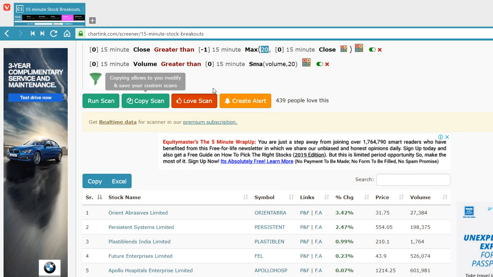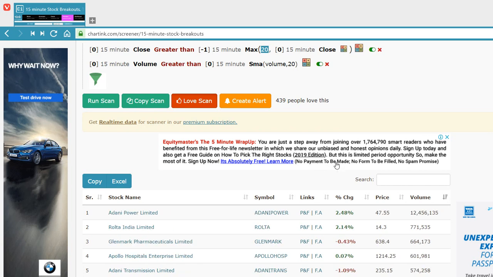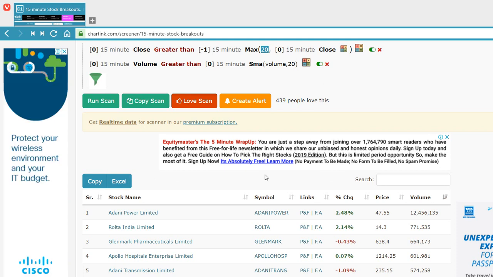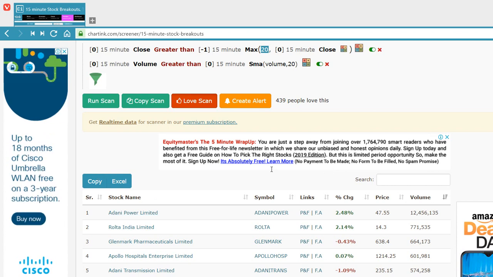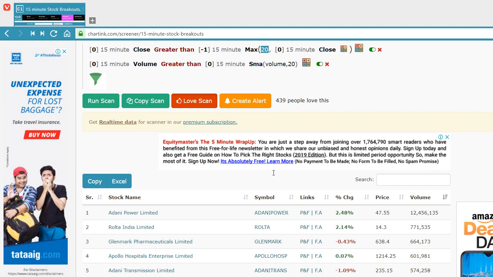The screener will already run the scan once you click on it, and you click on the volume here, and double click the most volume. Today is a non-trading day, so this is data based on yesterday's closing. So again, volume, the most volume, the high volume stock is Adani Power here, as you can see, and you have to see the percentage change too. That means increase in volume and increase in price. So this is a good candidate probably for a BTST,